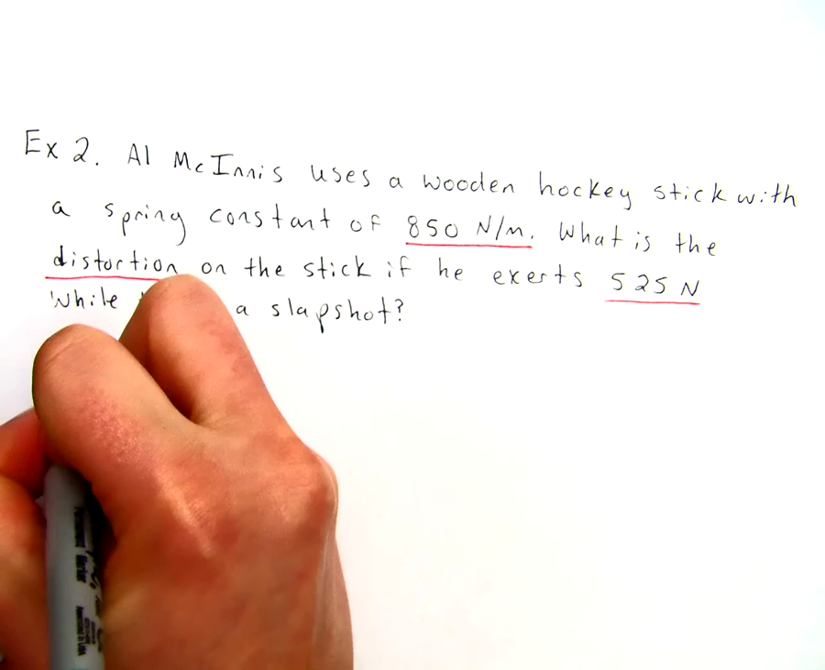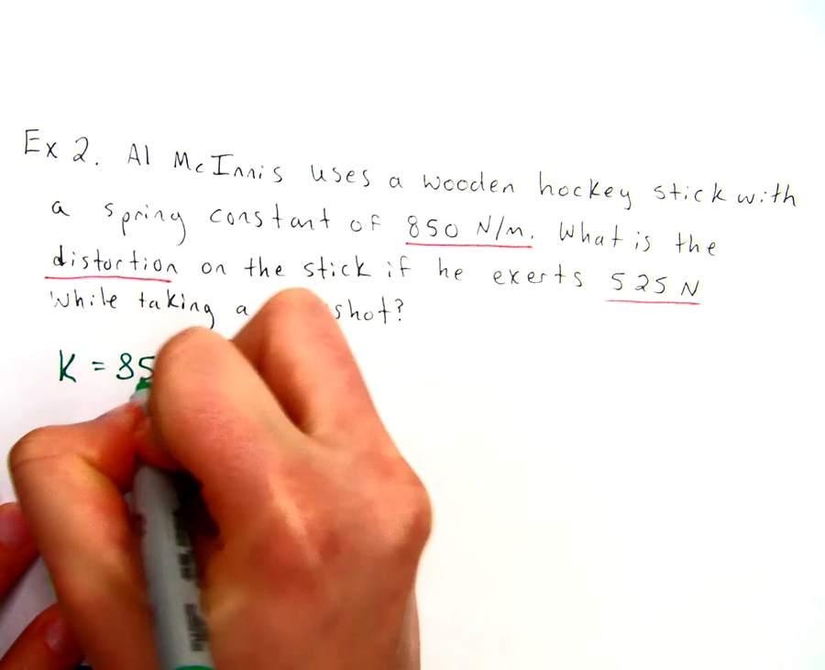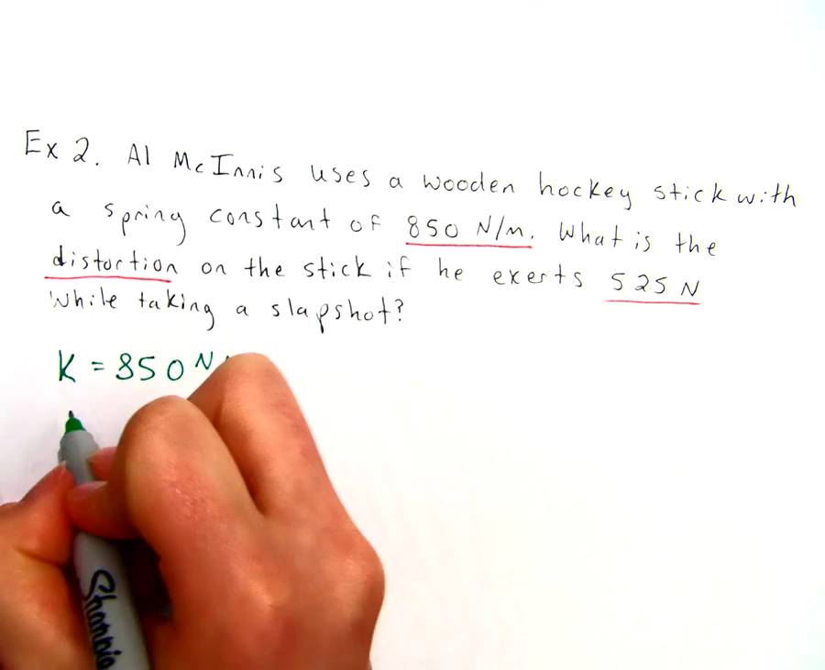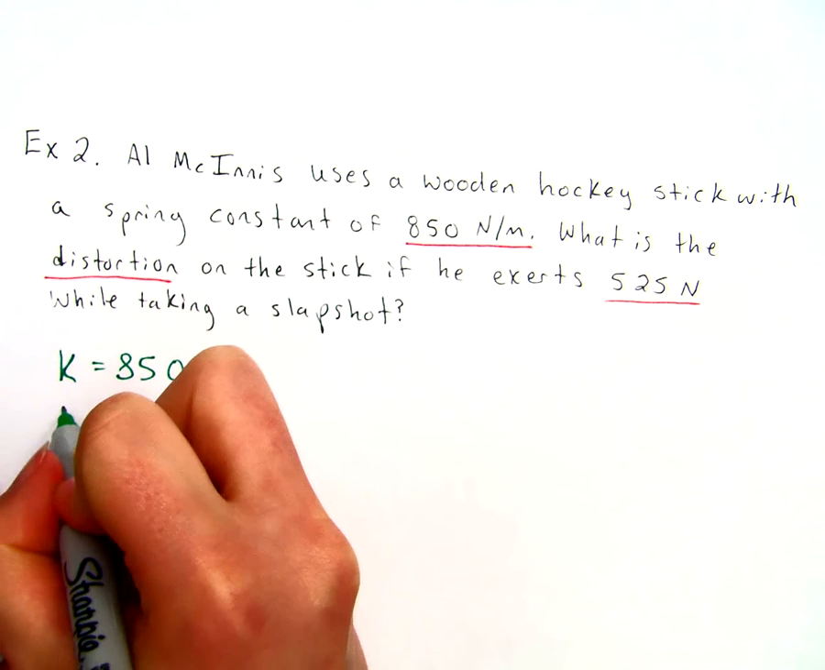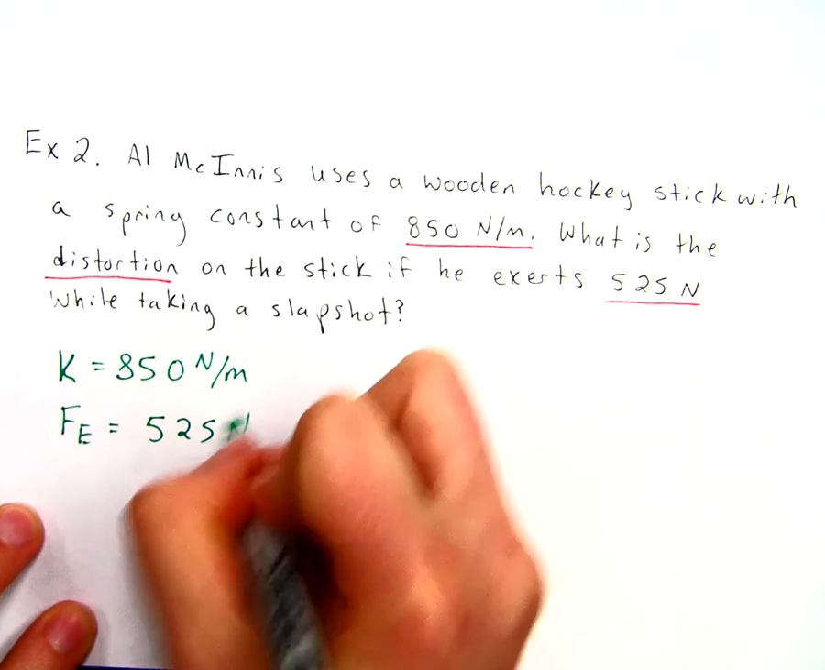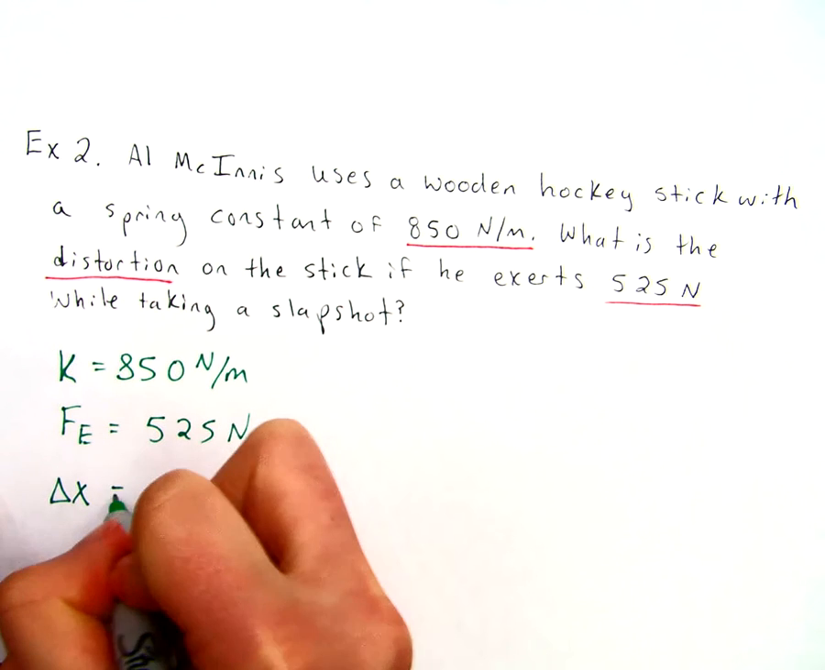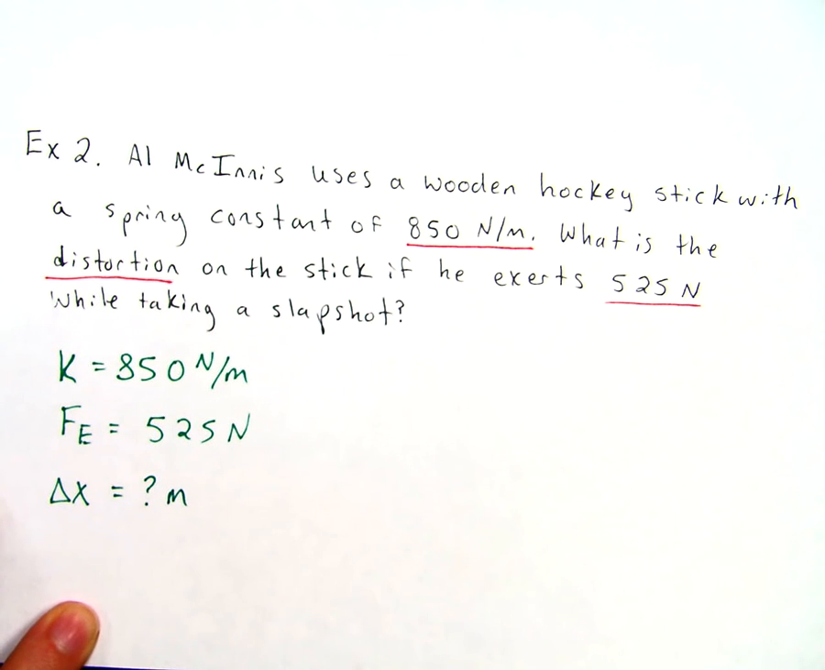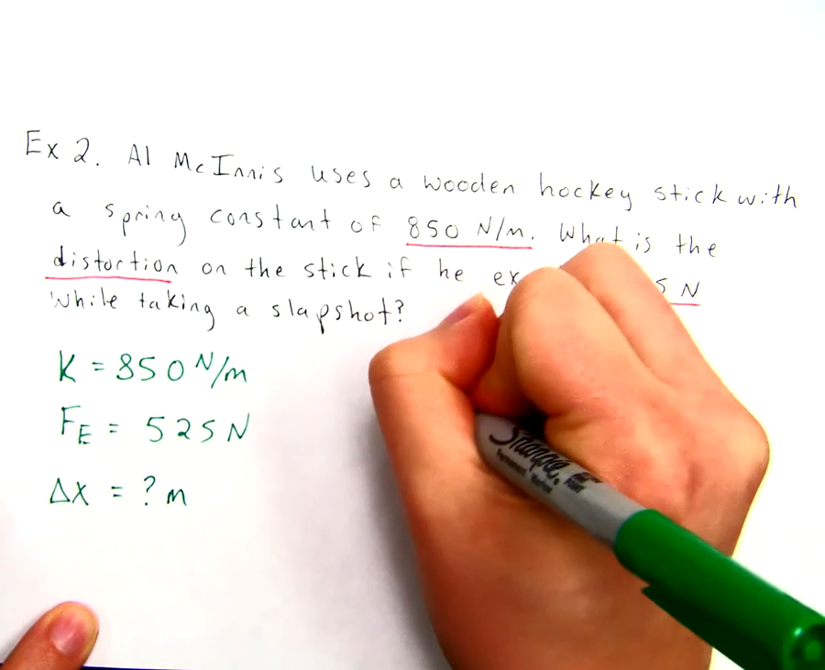So they did give us K. Typically you will be given K. Sometimes you will be asked to calculate it, but most of the time you're given it. And we know our elastic force is 525 newtons, and we are looking for delta X. We don't know what delta X is, but we know it's going to be in meters. So if we write our original formula out,